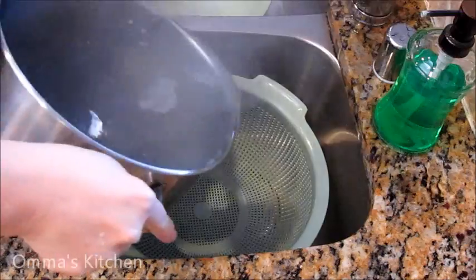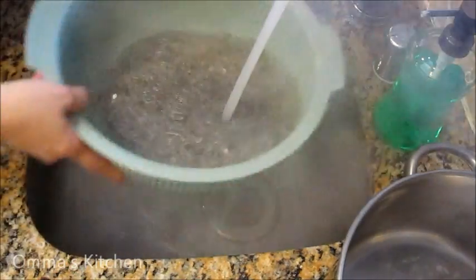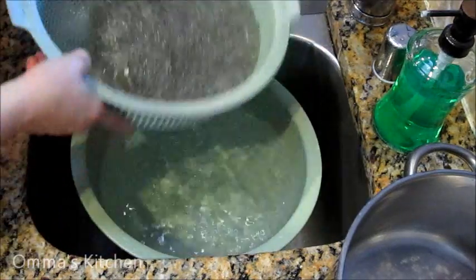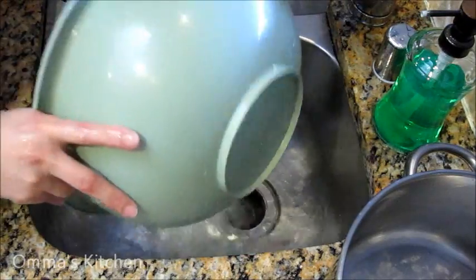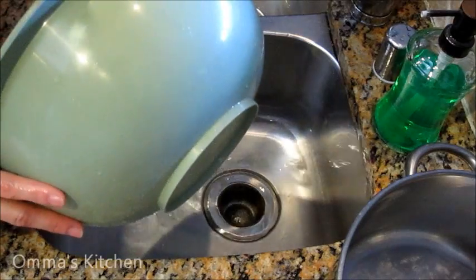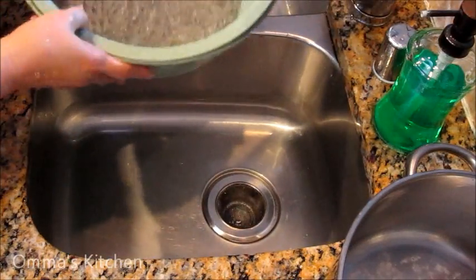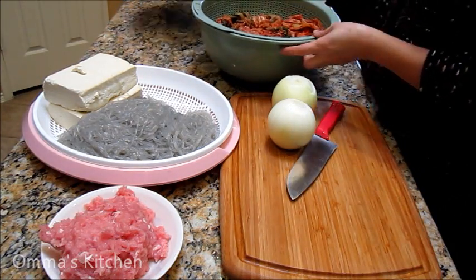Okay, I've been boiling the noodle for about 5 minutes. Now we're going to rinse this. Now you can throw away the water. Rinse it in cold water. You want to get rid of as much excess liquid as possible. So we're just going to let this sit for about 5-10 minutes and it's going to get rid of most of the water. I have kimchi